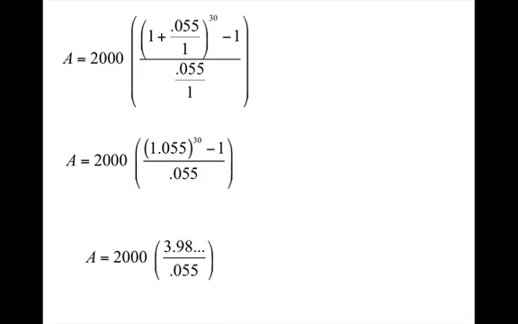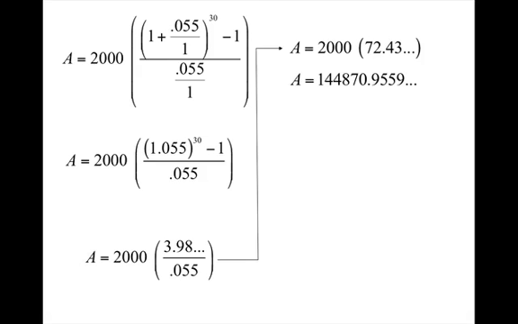Then when we subtract 1, we got 3.98, and that decimal continued on. Then we divided by the 0.055 divided by 1, and that gave us 72.43, and that decimal continued on. And then we multiplied by 2,000, and we got the